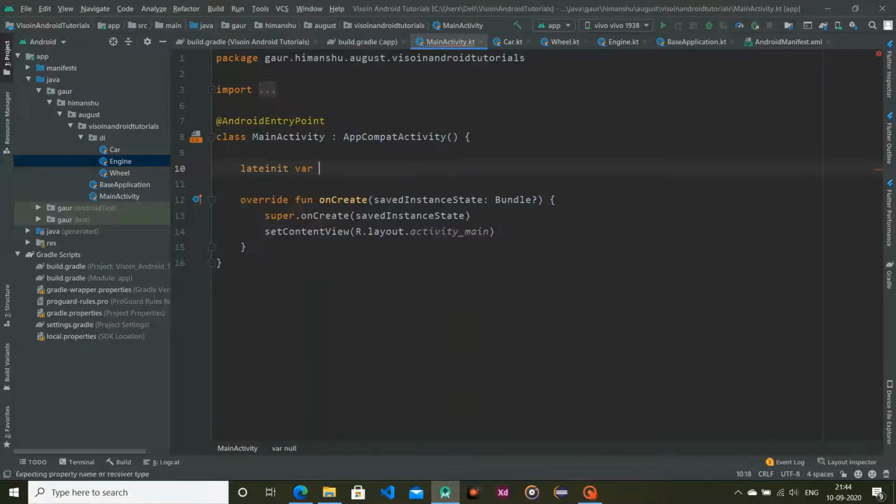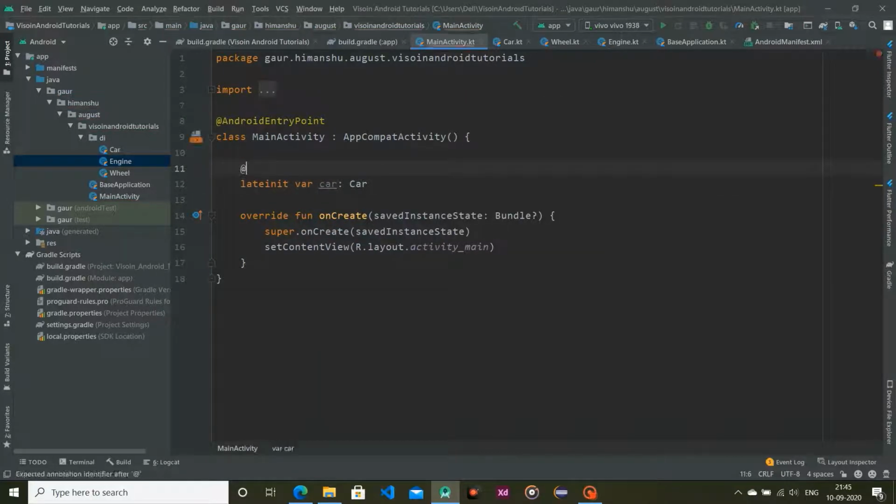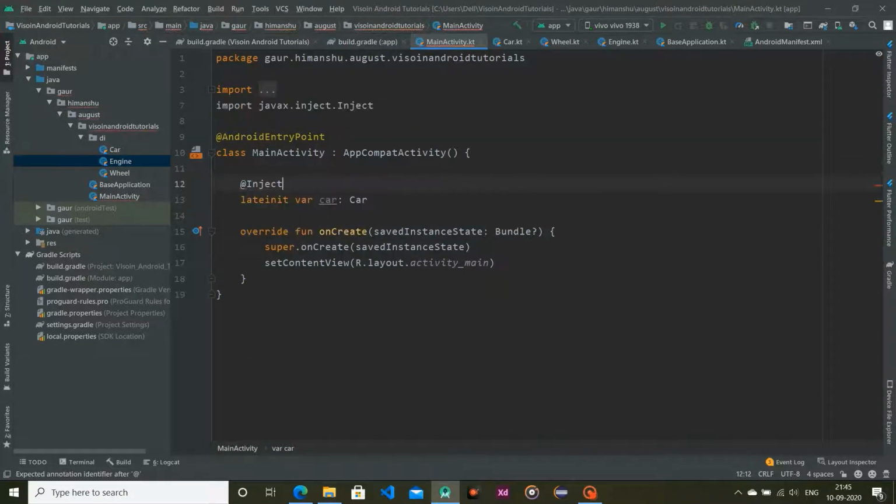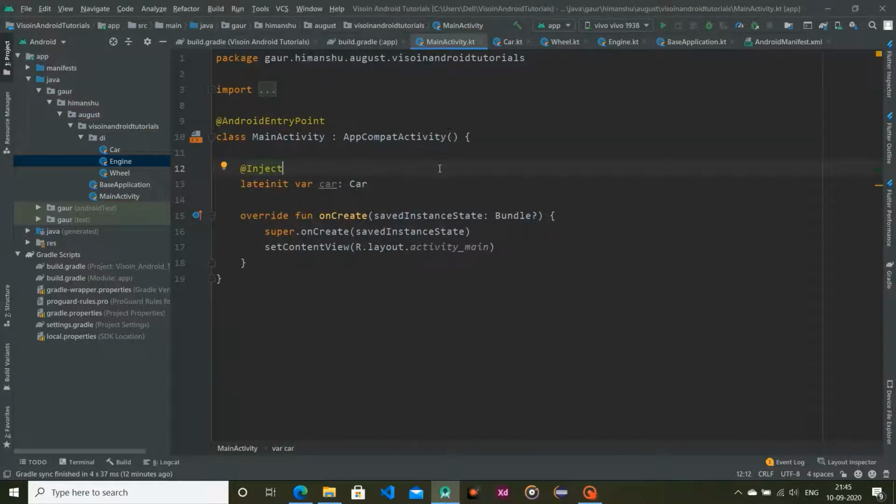So I'm creating a lateinit variable which is of type Car, and I'm going to inject this. Okay, so our Hilt will provide this Car class, or you can say create an instance of this Car class,